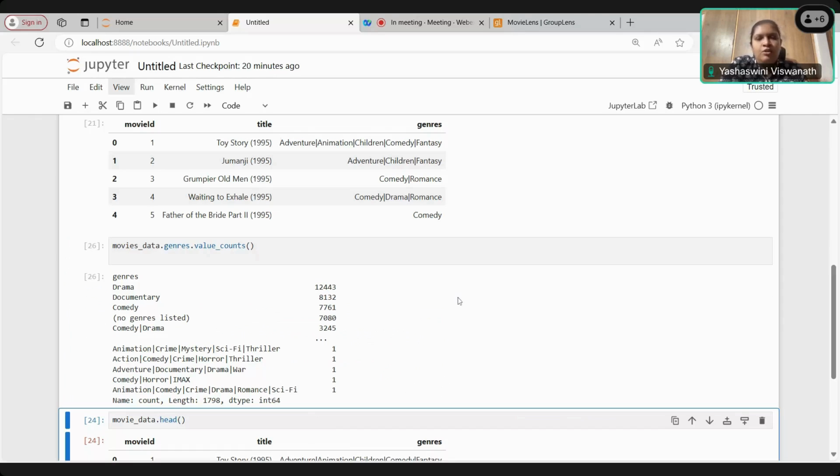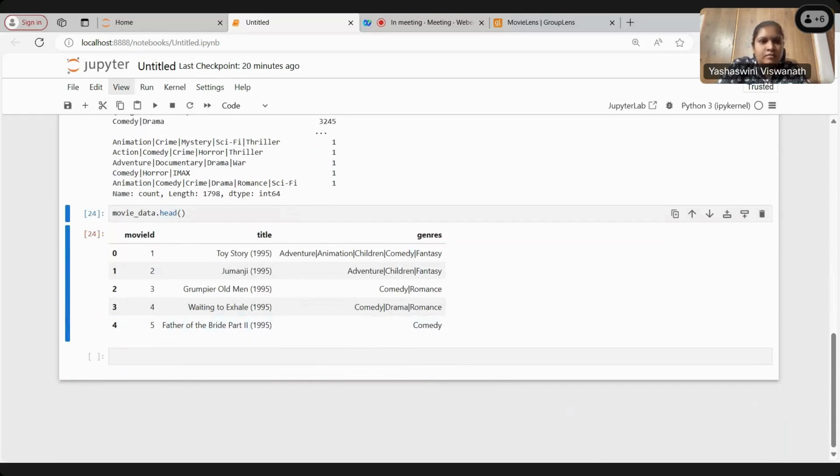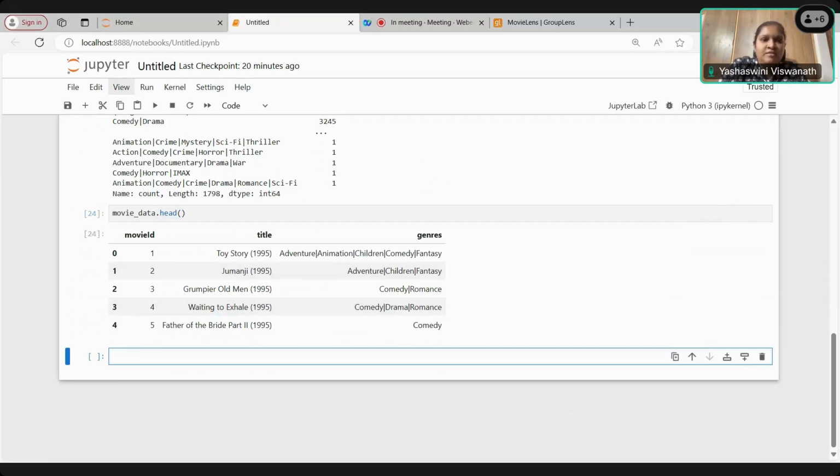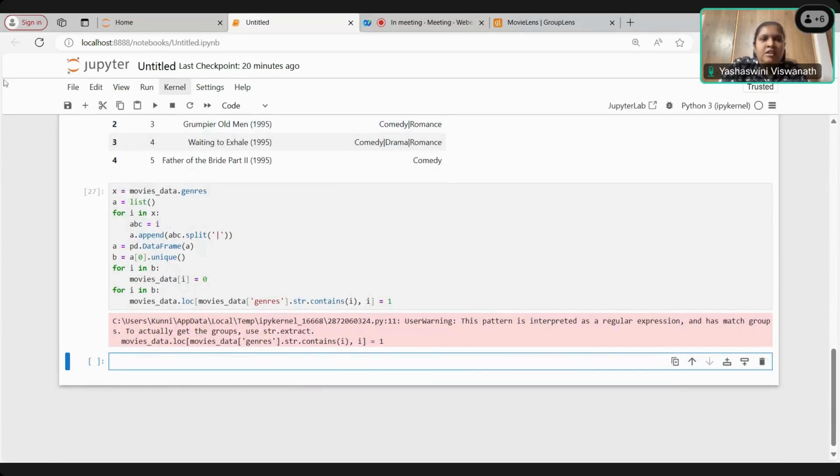The one where you're doing the one hot encoding, can you run that? Can you scroll down? One hot encoding. Can you copy the one hot encoding code here? Yeah, now can you run it? Now can you do a head of movies underscore data?